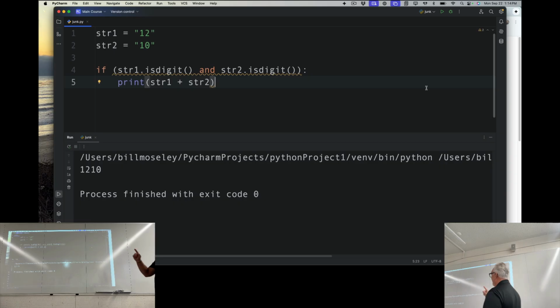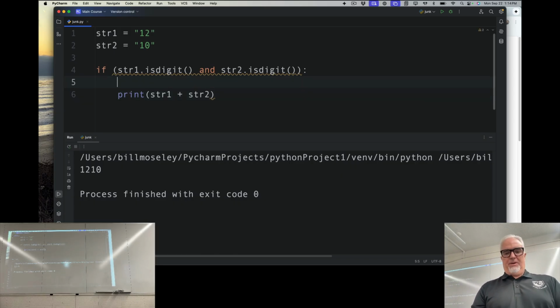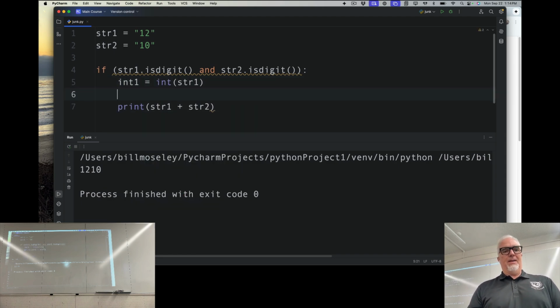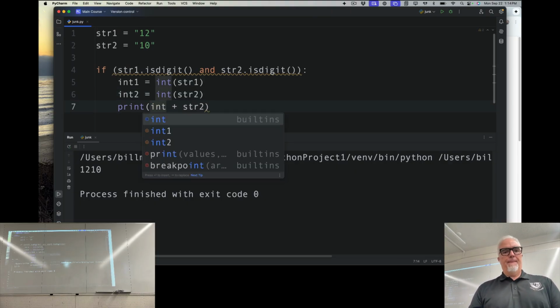If I want to do addition with these two things, what did I forget? Turn them into integers. I just added two strings together, which just smushes the strings together. So if I say int1 equals int(str1) like this, and int2, and then I add those together,